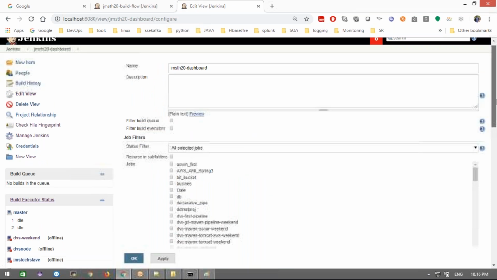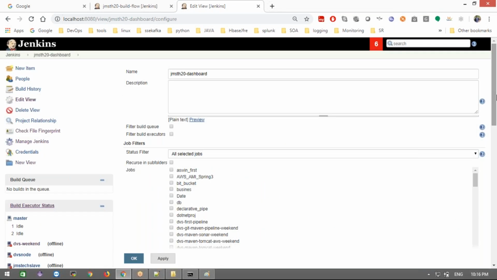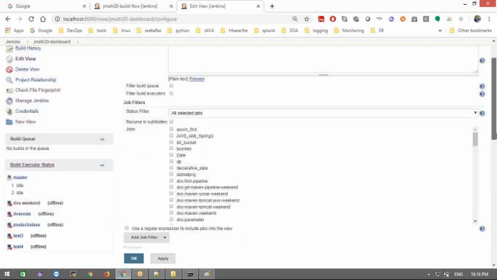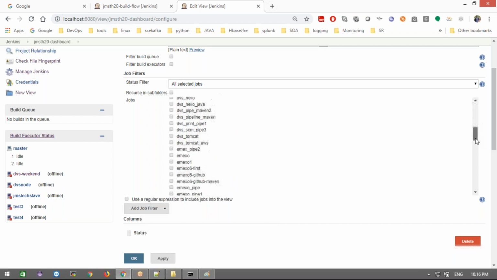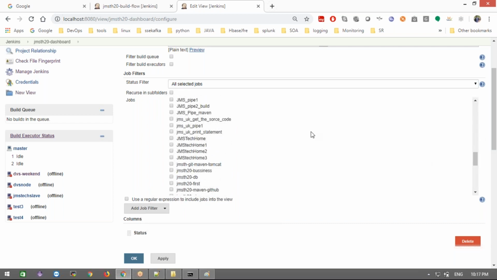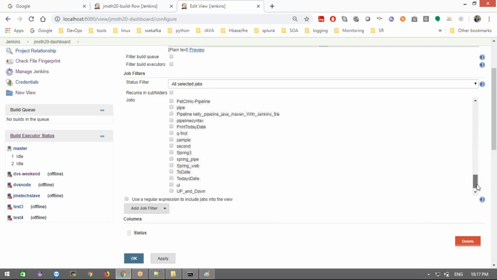Now here we need to select which major projects we are going to build. That build only I want to see as an output. For this, we need to select the main important projects. There are a lot of projects out there, and I'm confused, so I need to delete all this stuff first.